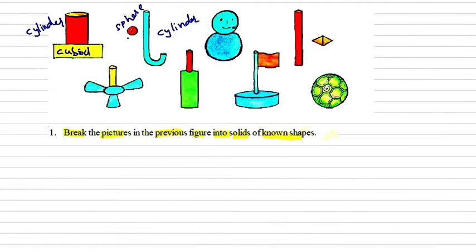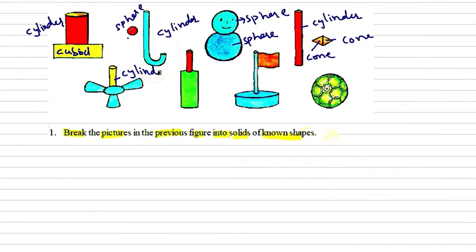And the next figure we can take as a sphere, and the next one also we have a sphere, and the next one is a cylinder, and here we can take in the shape of a cone, and you can say this is also a cone. Next, look at here, a fan. In this fan we can observe a cylinder and it is in the shape of a hemisphere.